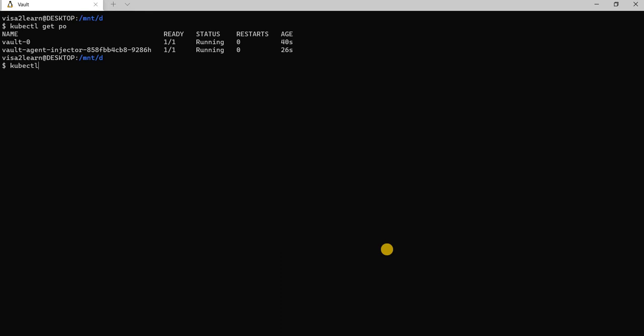So we'll do kubectl exec -it. This will take us into the Vault container where we can start running the Vault commands. Okay, now that we are in, let's run vault secrets enable database. And we have a success here.